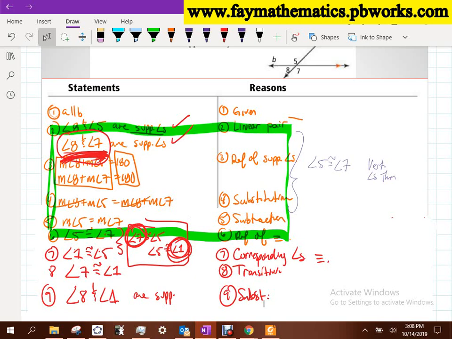And maybe I don't even need this statement using what Skylar said, because now look at these, 7 is the same as 1, so can't I just make that substitution right there? And say angle 8 and angle 1 are supplementary due to substitution. So really, take that out or leave it, okay? Or that phrase right there. So there's really 3 different versions of this proof that we've just done here. Well, let's wipe that one away. We can either do the proof in 9 steps, which is fine, or we can do the proof in 4 steps.